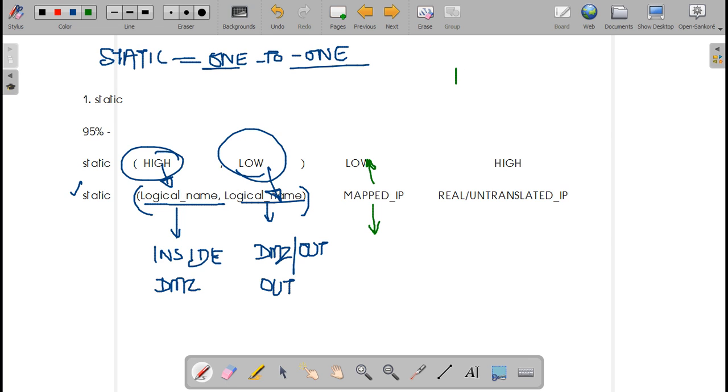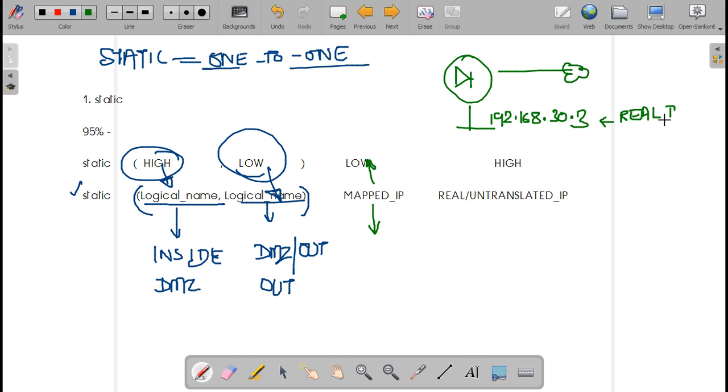Okay, so suppose this is your firewall, you are in DMZ, this is your internet, your IP is say 192.168.30.3. So this becomes your real IP.